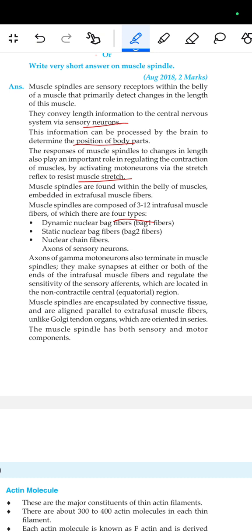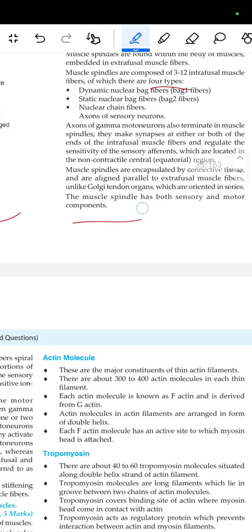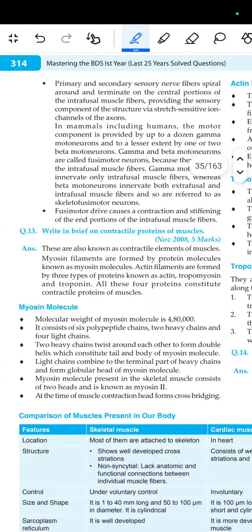Muscle spindles are encapsulated by the connective tissue and are aligned parallel to the extrafusal muscle fiber, unlike the Golgi tendon organ, which are oriented in series. The muscle spindle has both sensory and the motor components. Next, primary and the secondary nerve fibers spiral around it and terminate on the central portions of the intrafusal muscle